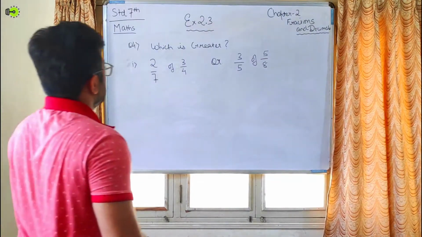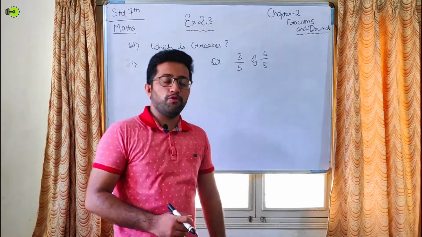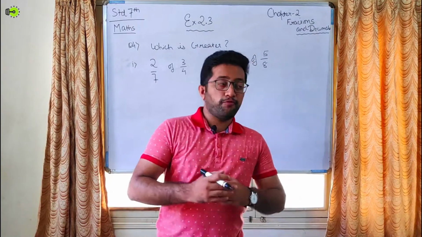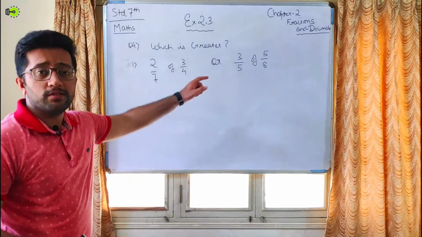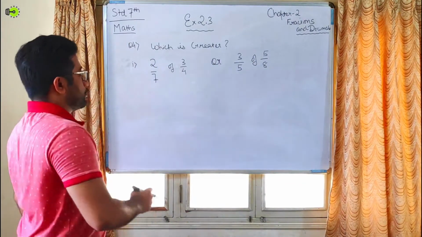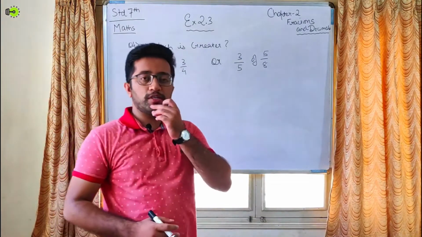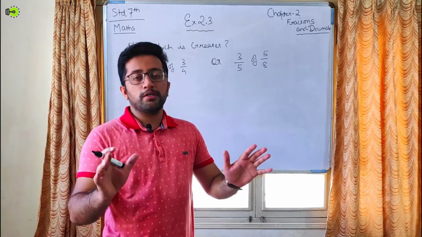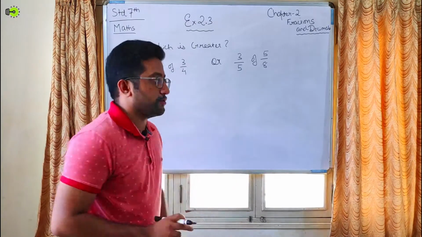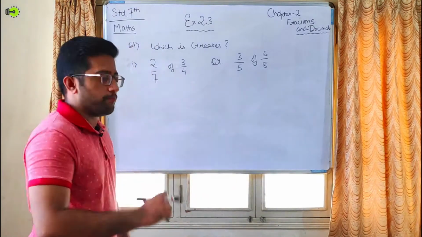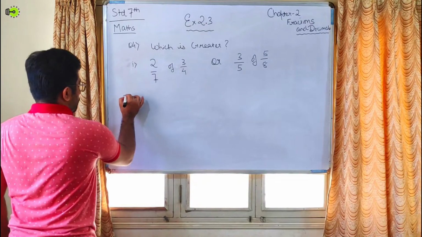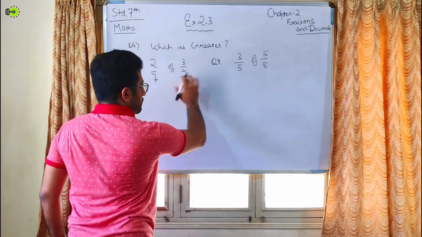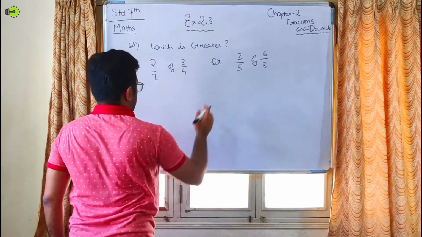Okay, moving towards the next question, that is question number 4 of exercise 2.3. You have been asked that from these two numbers, which is the greater number. So the first step towards solving such type of sum is, you need to first of all reduce the sum into simple fractions, that is a proper one or an improper one. So let us solve first of all the LHS side of the OR sum, that is this one, and then after we'll solve this one.